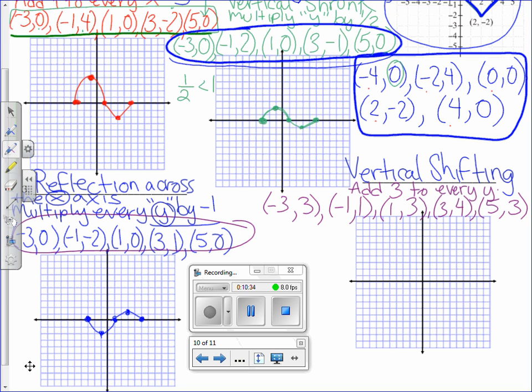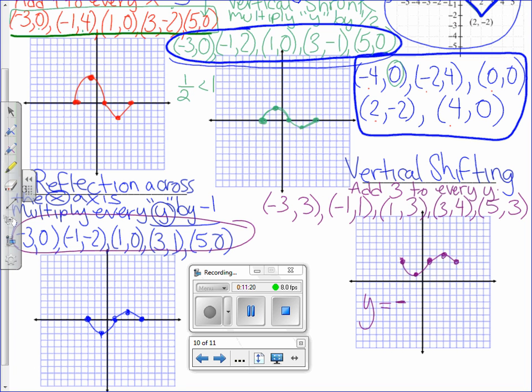So we want to plot the points, -3, 3, -1, 1, 1, 3. I'm sorry, I plot this point wrong again. So again, -3, 3, -1, 1, 1, 3, 3, 4, and 5, 3. Okay, and so that will be the graph of the function